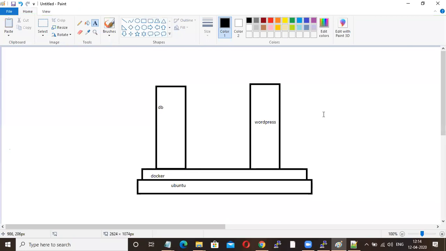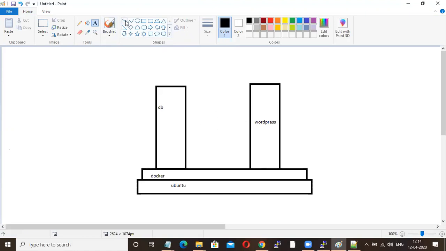I guess everyone knows what WordPress is. WordPress is one application, and for WordPress you require one database. So now you have two containers, and I'm going to make communication between these two containers.